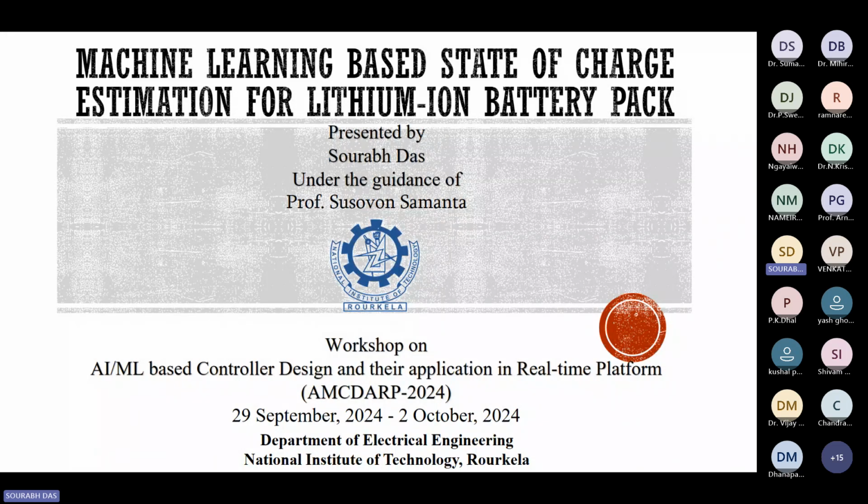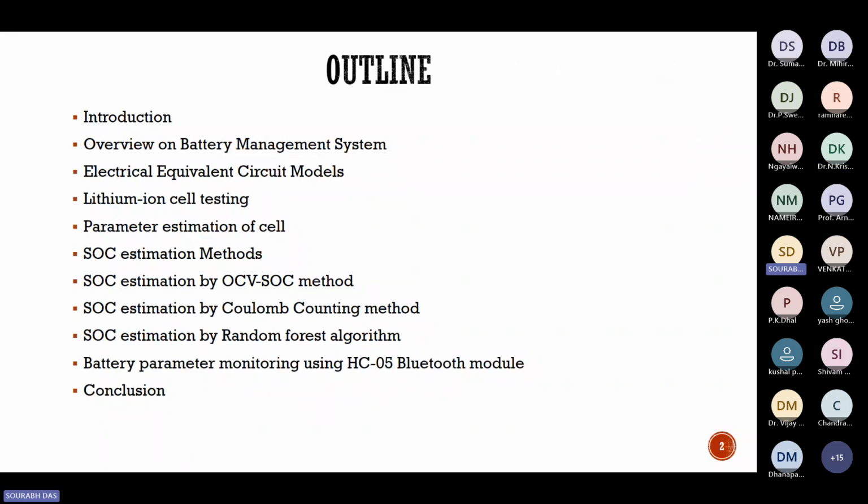So today I will discuss the basic overview on battery management system, then electrical equivalent circuit models, then lithium ion cell testing, and then parameter estimation of the equivalent circuit model, then SOC estimation methods, and then SOC estimation by OCV-SOC method and Coulomb counting method, then SOC estimation by random forest algorithm. And what we are estimating,